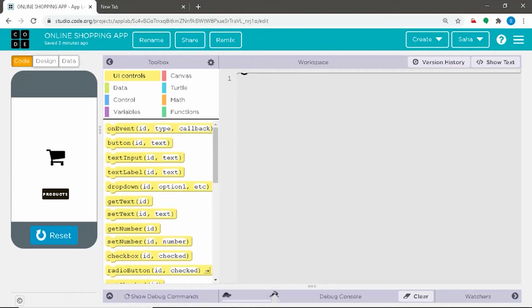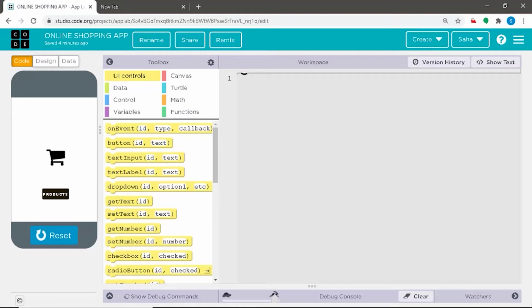So in the code mode section of creating our project of the online shopping app, we shall be defining each of these buttons onto where they will be redirected to which screen. It is very simple. All we have to do is to make a note of the previous button elements we have used in the design mode and create commands such that the buttons are defined to be redirected to the screens on clicking them. Shall we proceed with creating our code?